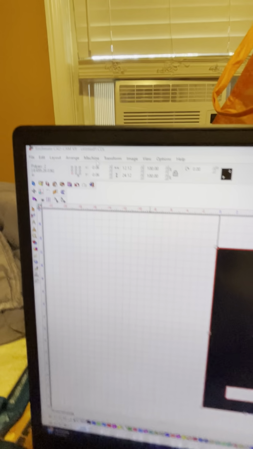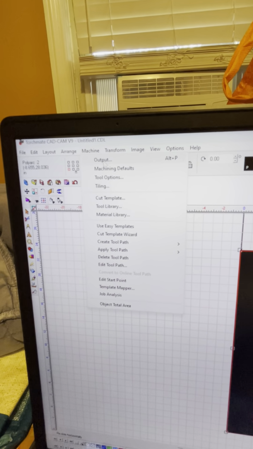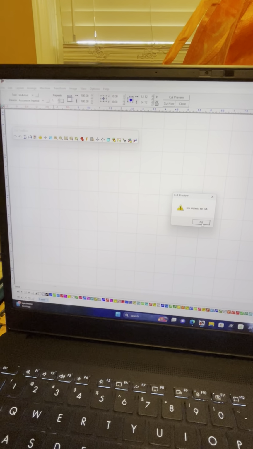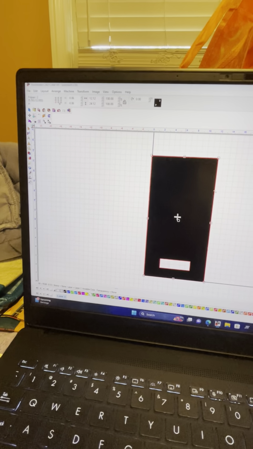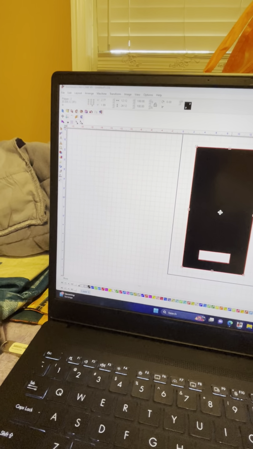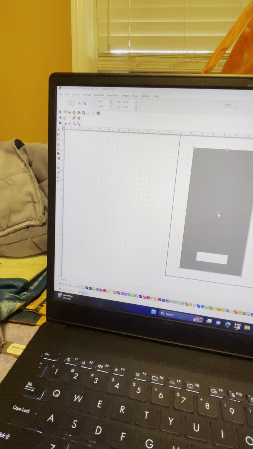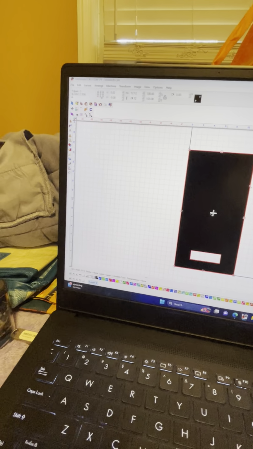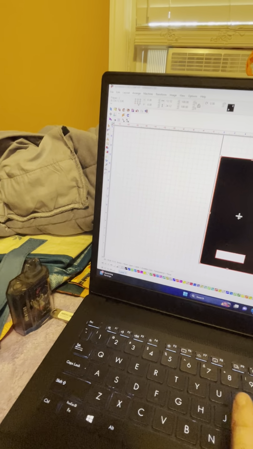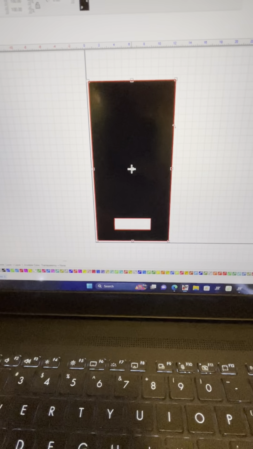Now you go to Machine again. Go to Output. Now it's going to come up with this because the entire object is still sitting in that bottom left corner. So what you do is you take the whole thing and you drag it out. And you can snap it back into the corner and say, I want to move it 1, 2, 3, 4, 5, 6, 7. 1, 2, 3, 4, 5, 6, 7. So off the edge,